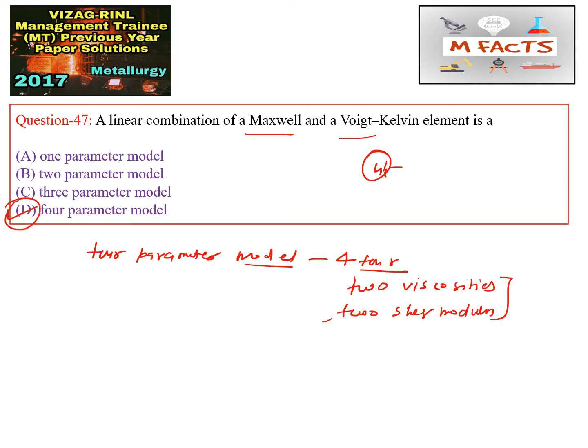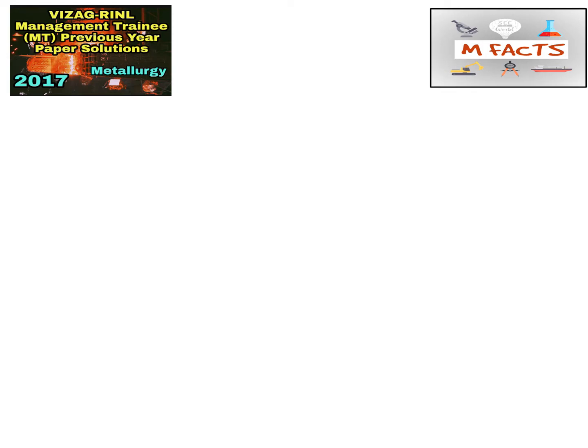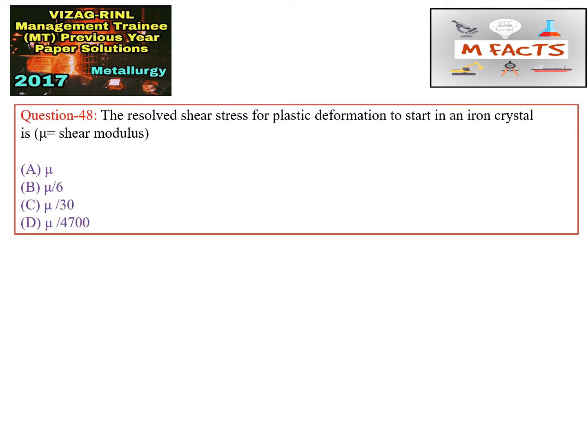So this question is directly asked from the RAG 1, and this is the concept. This is the concept behind four parameter, that is we require two viscosity values and two shear moduli for justifying the system. The next question is, the resolved shear stress for plastic deformation to start in an iron crystal is